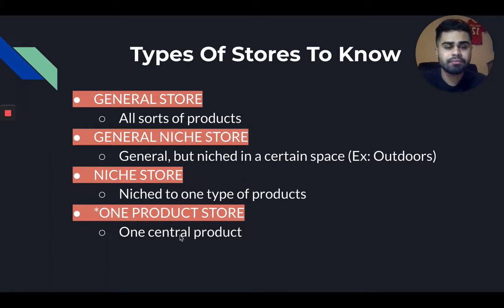Now, even though you transition from a general niche store to a one product store, you can always use the data from these stores, meaning the same pixel, and apply it to the ad account for your one product store. That's obviously going to be a new ad account because you're going to be making a new social media page, a new domain, a new Facebook page, right? So keep that in mind. A lot of people take that approach.